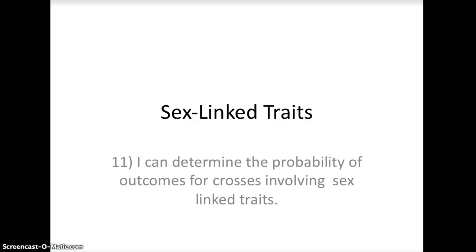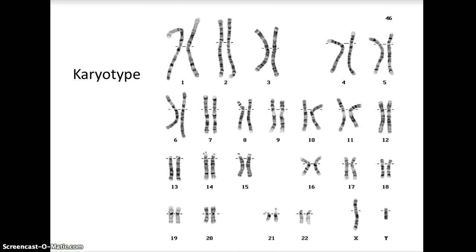Well, welcome. This is Mr. Edstrom, and right now we're going to be talking about sex-linked traits, and that will be determining the probability of outcomes for crosses involving sex-linked traits. And basically, what that would be is there are things called karyotypes, and this would be a picture of an